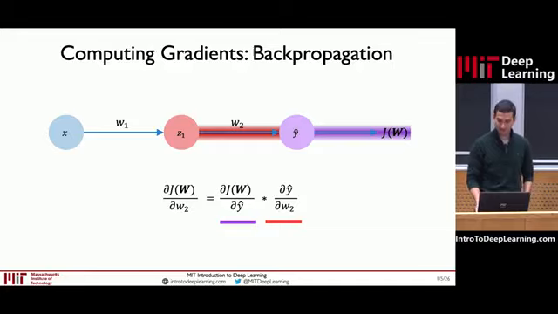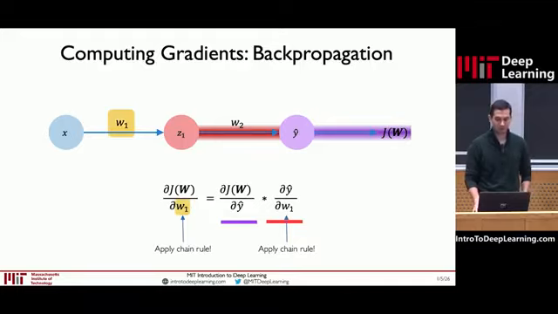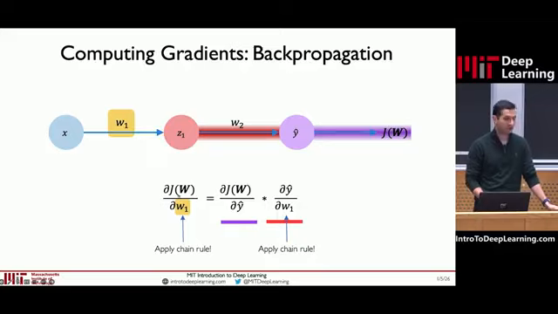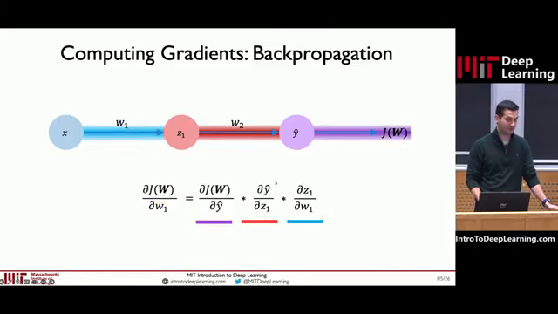Now, this is only possible because y is only dependent on the previous layer. Let's suppose now we wanted to compute the gradients of the weight before that, which is W1, not W2. So let's actually change this to dJ/dW1. Now, here, this is dy/dW1. We again need to apply the chain rule to compute this. So we expand it out one more time. That part turns into dy/dz1, followed by dz1/dW1.